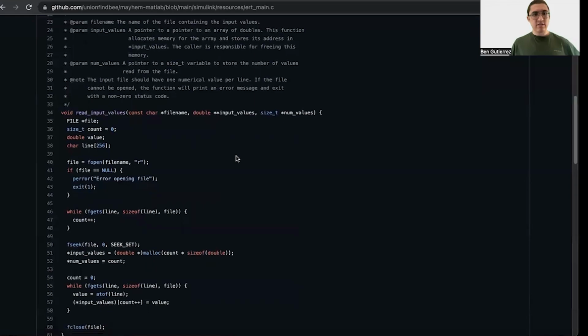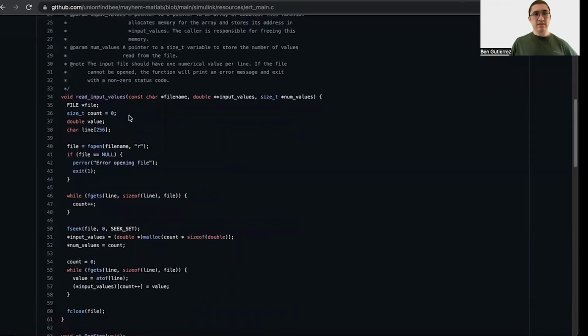So scrolling down, there's two important functions in this file. This part here is going to read from a file that is generated by Mayhem as a test case, and convert that into a signal that Simulink accepts.